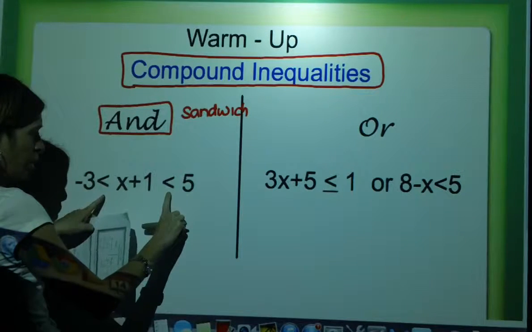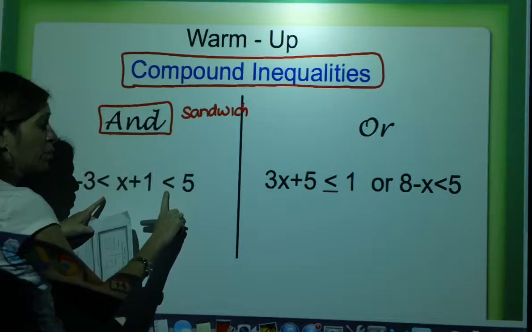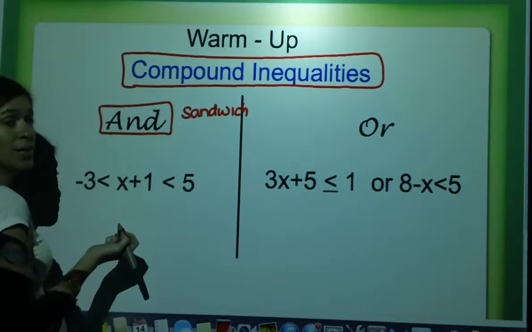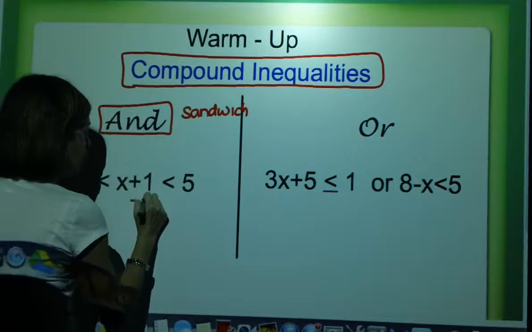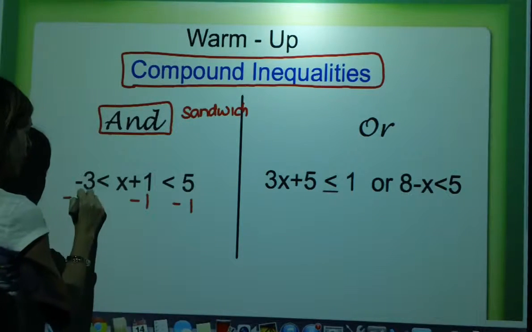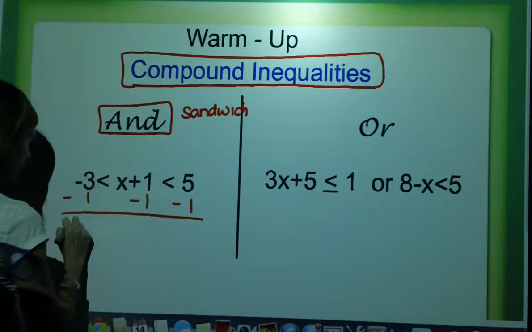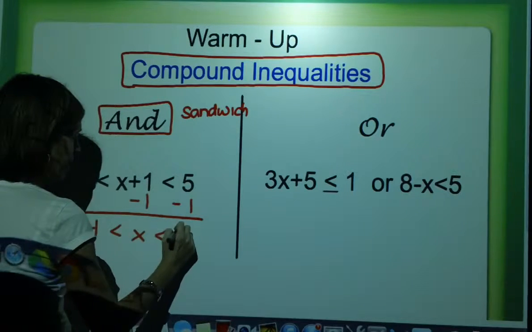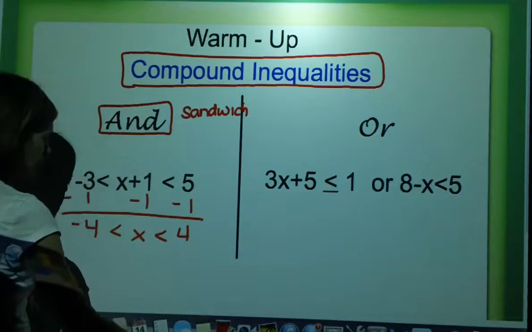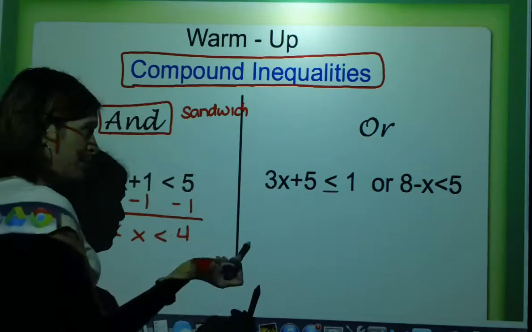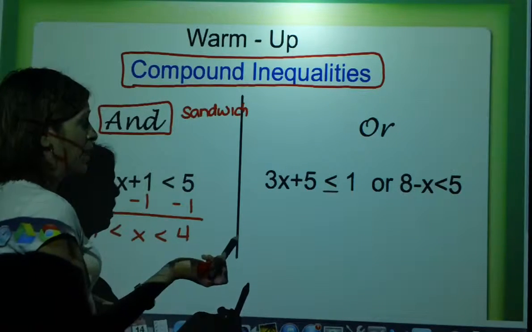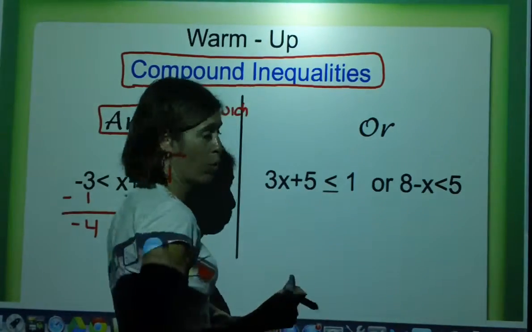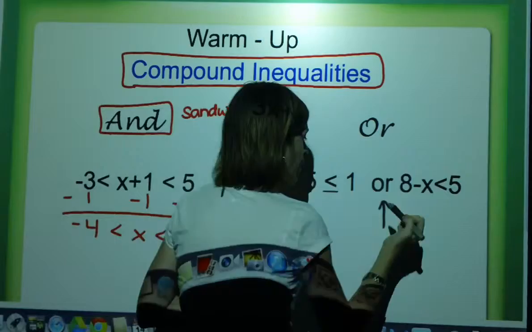So here's my two inequality symbols. Remember, the inequality symbols cannot point towards each other. And so we would solve it simultaneously. So we subtract 1 from everything, and we get -4 is less than x less than 4. Actually, we did this the other day, didn't we? All right. We also have our compound or inequalities, which are two separate inequalities that are separated by the word